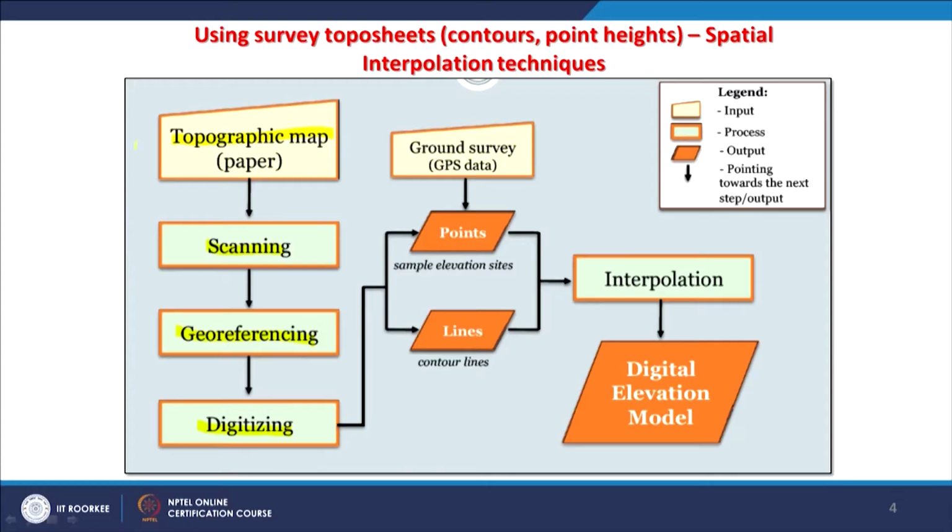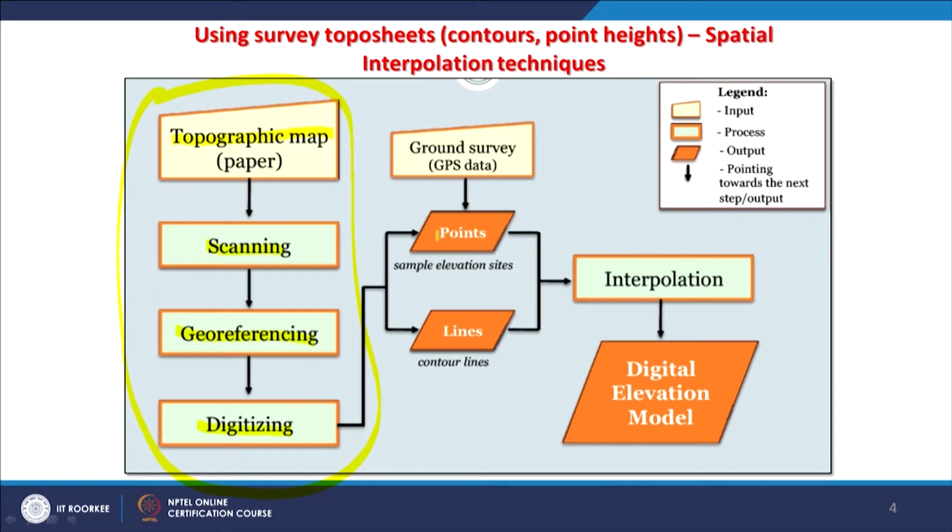Now, since about a decade, we have started getting digital topo sheets also in different layers. There is a separate layer for contour, a separate layer for point heights, a separate layer for drainage network. So if digital data are available, then this left side flow will not be required at all, and we will have very good data available.